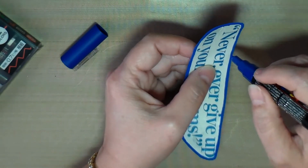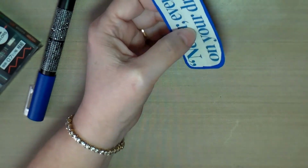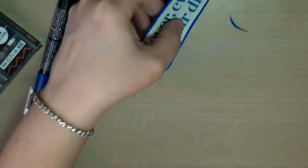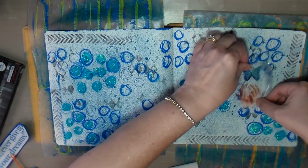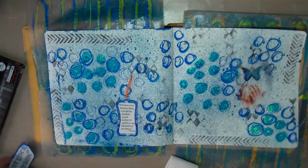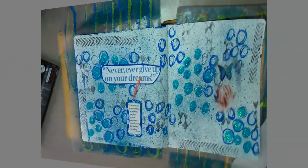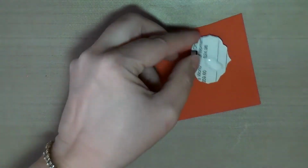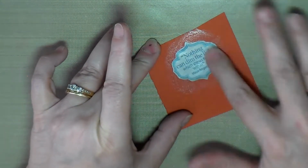But I really like the tape transfer that I did for this, and with all the blue on this, I don't know, it does kind of remind me of, I guess, dreams or dreaming. So here I'm using the glue dots to put down the tape transfer, the title, and the quote that I have for the page. But it seemed like it needed a little something else, and maybe another bit of orange